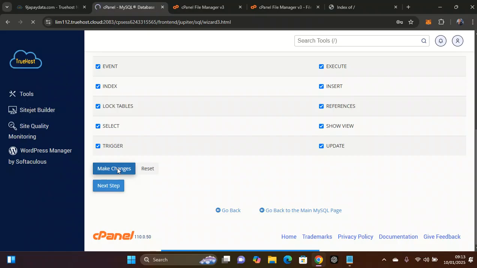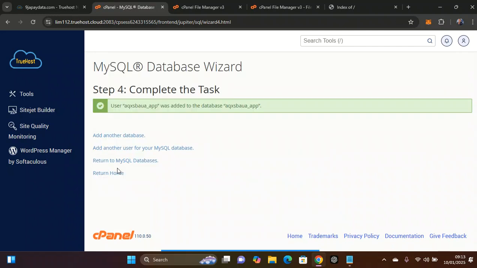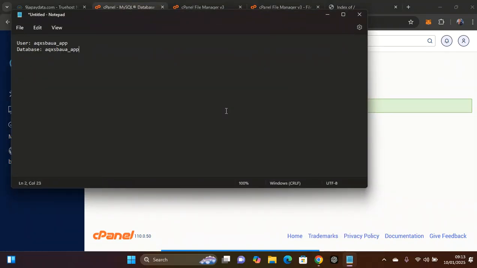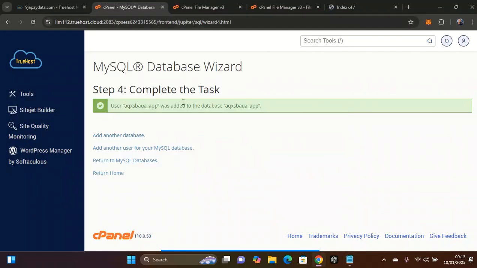Here we have to make changes, then save all the files. We have to give them the privileges to make changes, to update, to show, to change the reference and do many things. So we have to save this. We have to save this. These are the files that we have uploaded, right? So